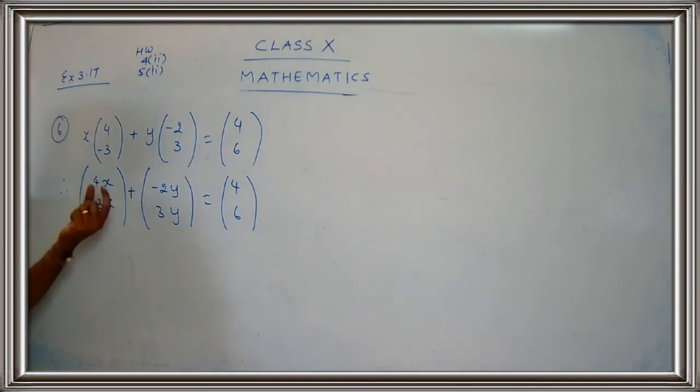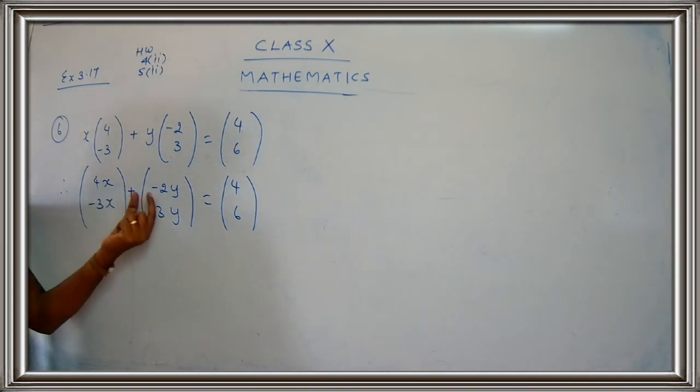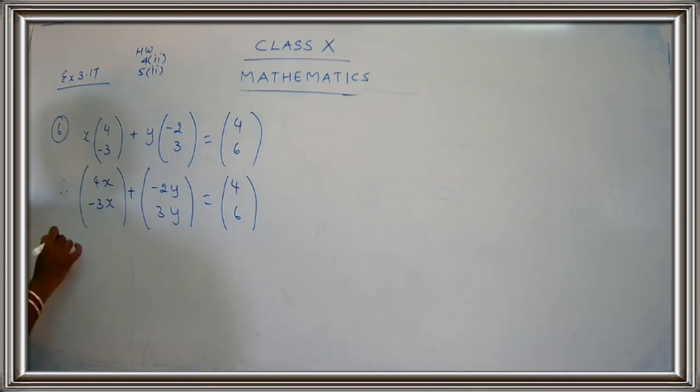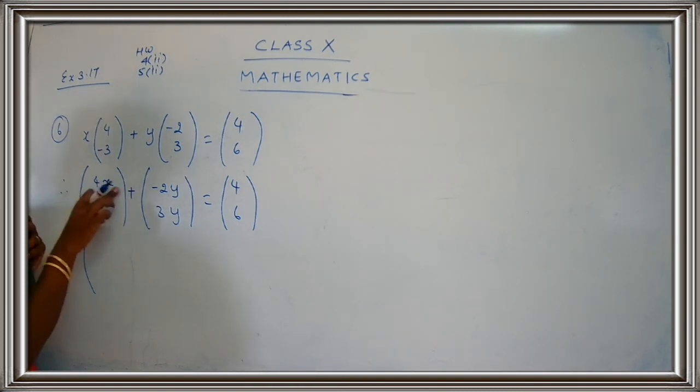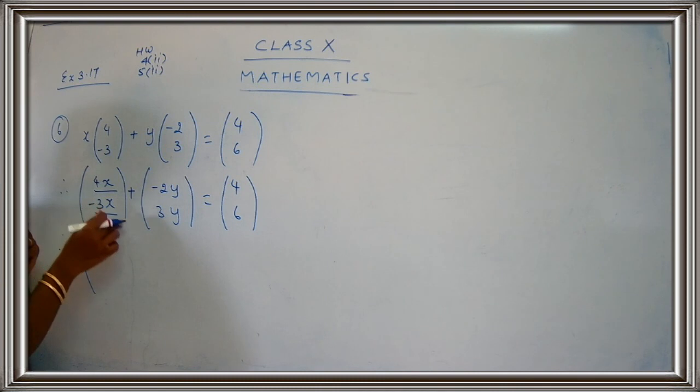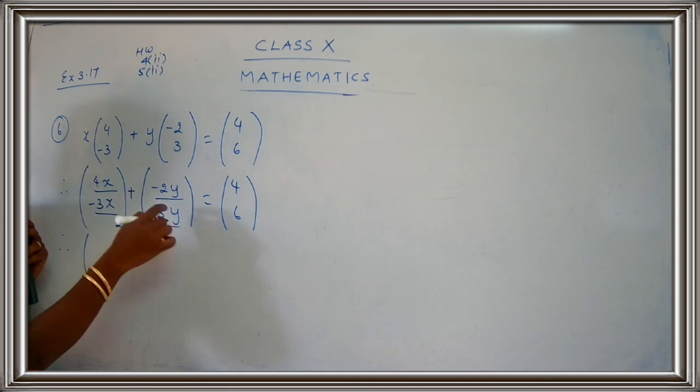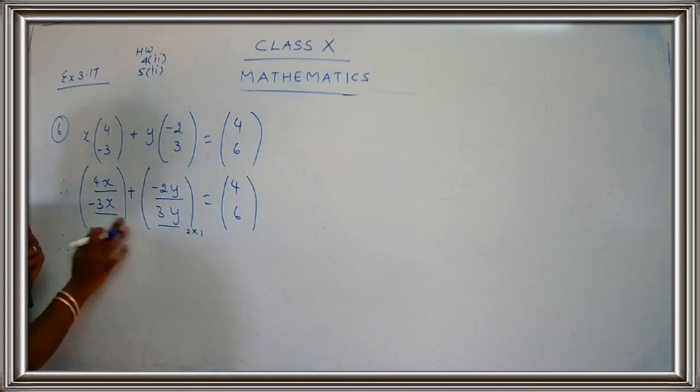Okay children? So now what I'm going to do is I'm going to take the first matrix. Okay, first I did the scalar multiplication. Okay, I'll just do one more step. I plan to do it directly. So what is this? It is 4x plus, I have told you, you can add matrices of the equal order, all the same order. So you can add. How many rows are there here? 2 rows, and how many columns are there? 1, so 2 cross 1. How many rows are here? 2 rows. How many columns are there? 1 column, so 2 and 1. So we can add these 2, yes?